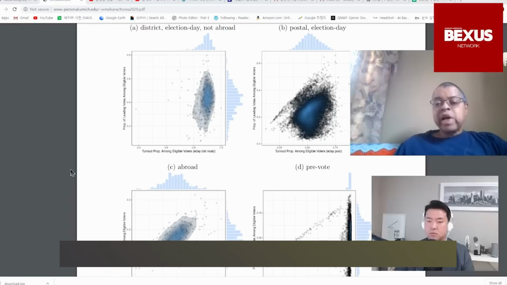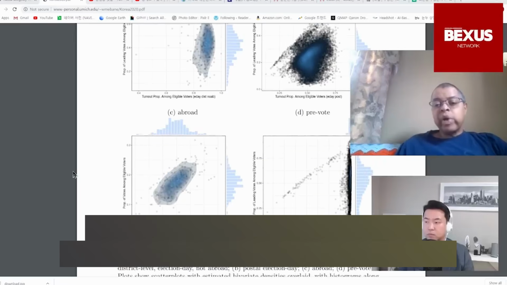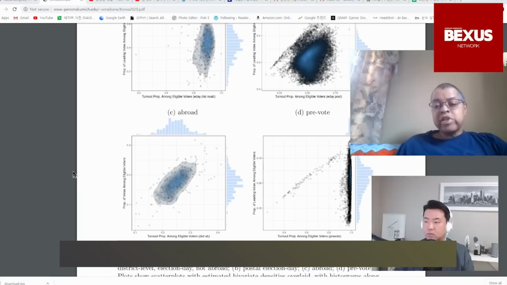The other concern is the proportion of votes. I believe the plot you have here is for the Democratic Party. The Democratic Party apparently got more votes in the pre-vote on average than they did in the other ways of casting the votes. And the question is, why is that? I've gotten various speculations in emails about different supporters voting, but you can also see that the range of the votes in the pre-votes is slightly wider than the range in the other kinds of systems. So it's not that all of the votes are higher for the Democratic Party in pre-votes. It's just that on average, they tend to be higher.